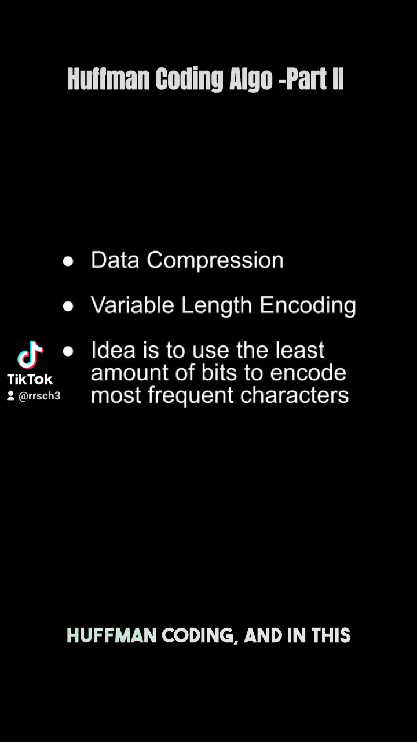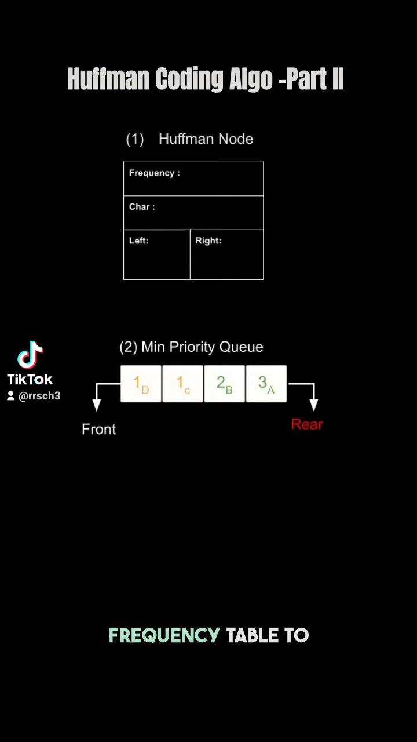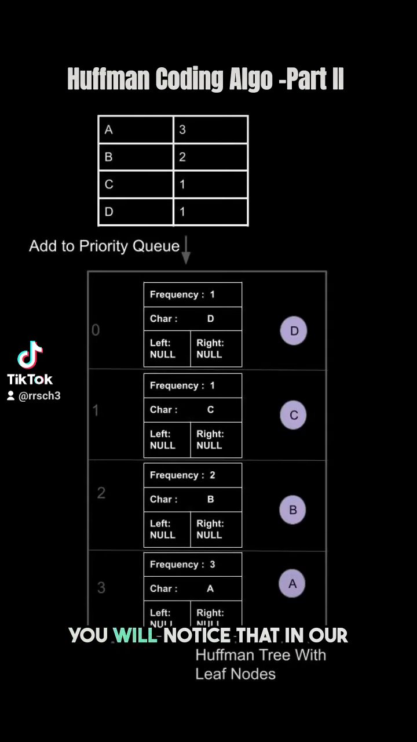In the last clip, we introduced Huffman Coding, and in this clip, we will go step by step and see how the algorithm works. Let's start with adding all the elements from our frequency table to the priority queue, which is a count of all characters in our input string. You will notice that in our priority queue, the top elements are the ones with the least occurrence in